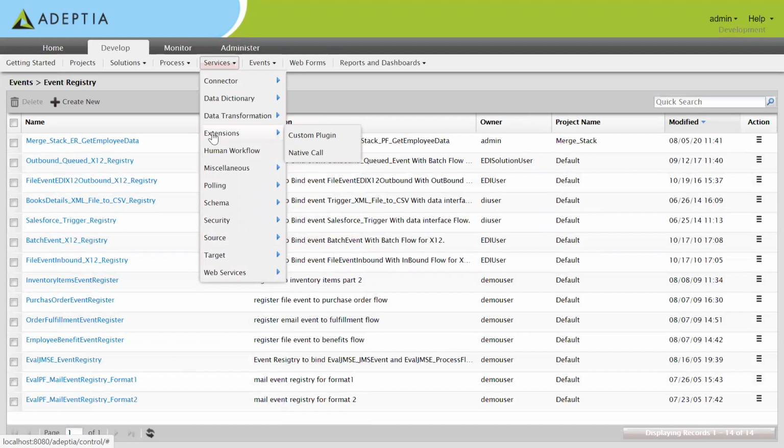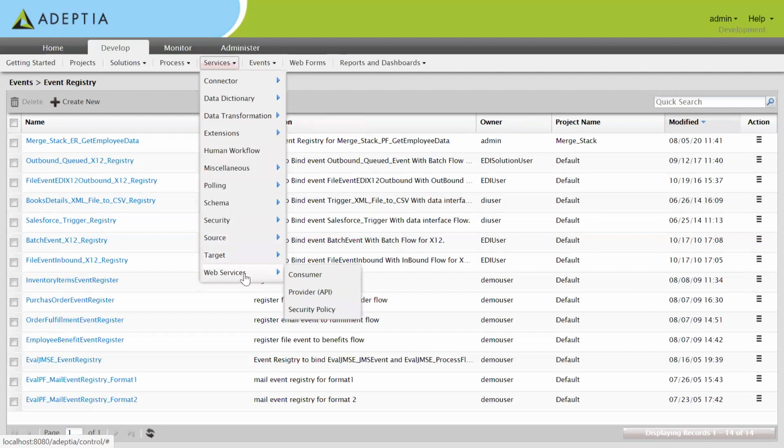And one more section that is really important. Let's say all the existing activities are not sufficient to perform your job. Then you can write Java code, and add that Java code as a custom plugin and get your job done. Okay. And there is data transformation, where, let's say, you want to transform from CSV to XML. Then we can use a data mapping which takes one form and converts it into another form. That we'll see in the coming sessions.